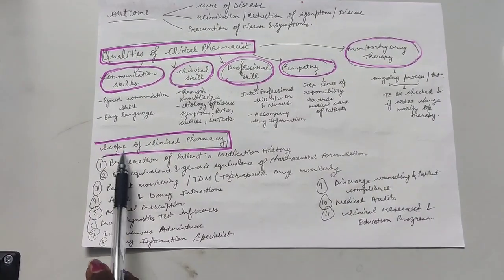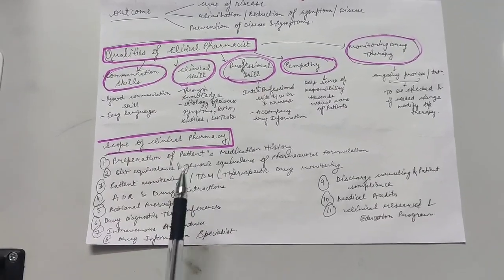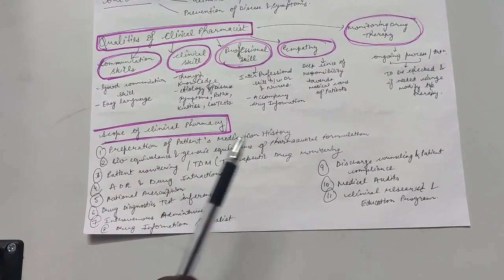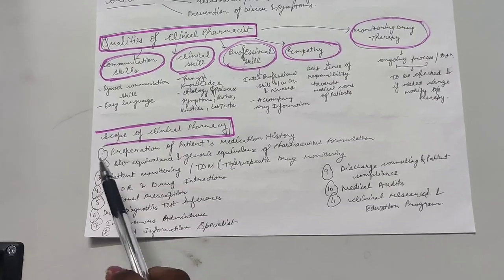Next will be the scope of clinical pharmacy. There are 11 scopes of clinical pharmacy. We will be discussing them in detail. Number 1,